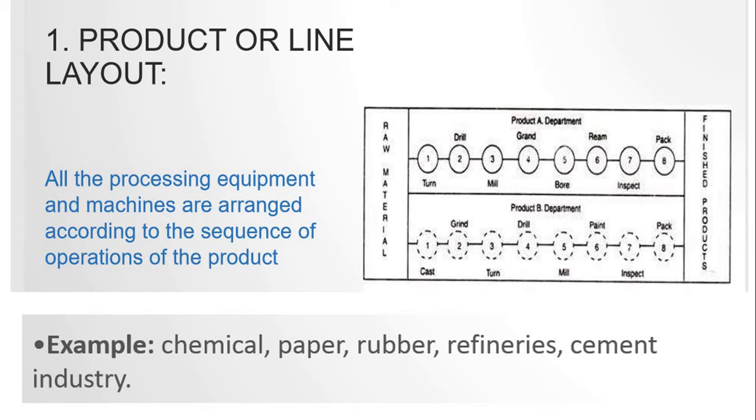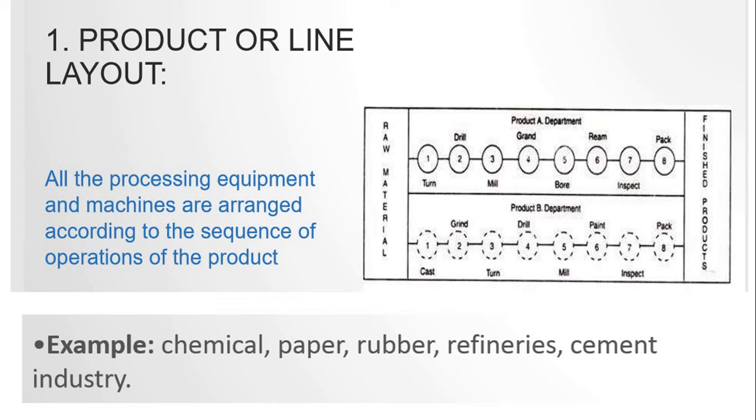So let us discuss a few advantages of product or line layout. If you ask me what are the advantages, there is low work in process, since the output of one stage is automatically the input of the next stage. This is one of the advantages. And material handling is less since the process is automatic. Then labor cost is also less as there is a division of labor. Then quality control is easier to implement. So these are the various advantages.